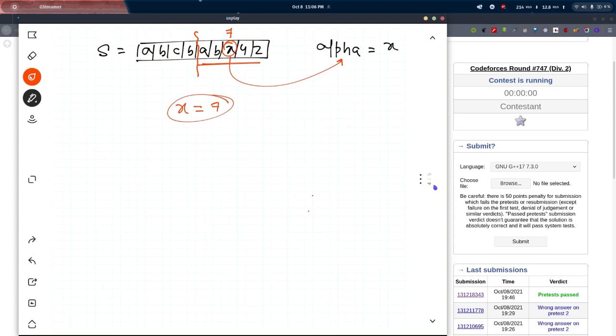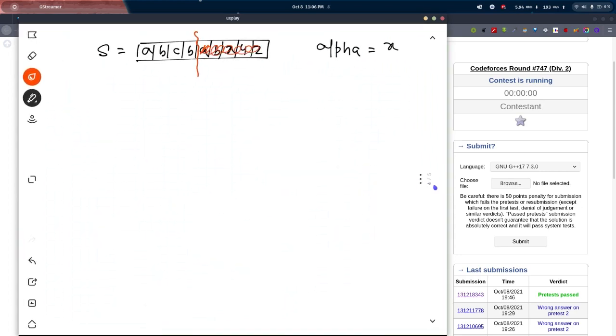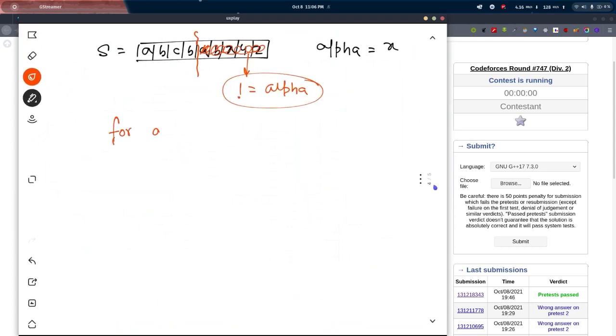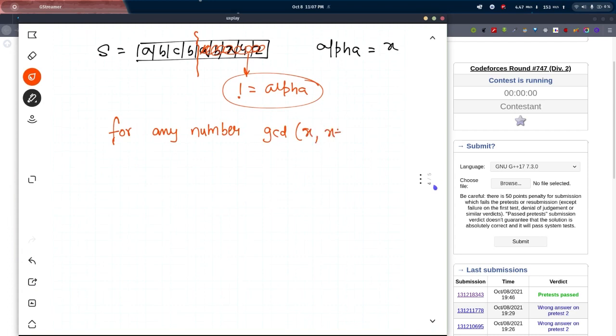Now if I don't have any character equal to alpha in my right half, so all the characters here are not equal to alpha, at that time I'll tell you a proof that for any number x, the GCD of x comma x plus 1 is always equal to 1.